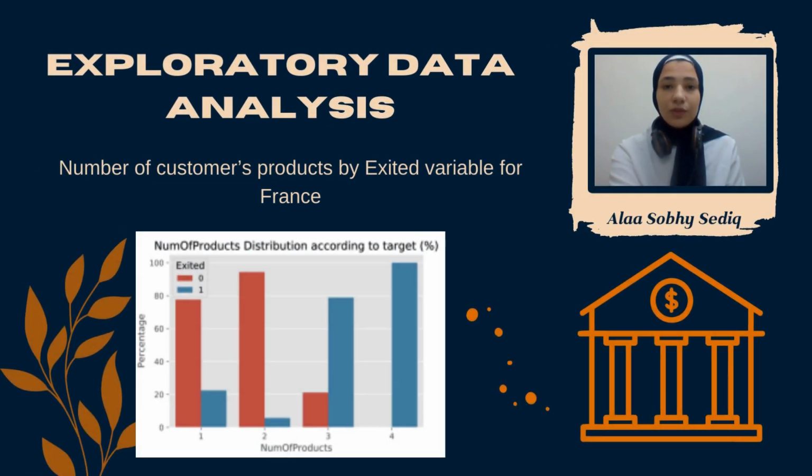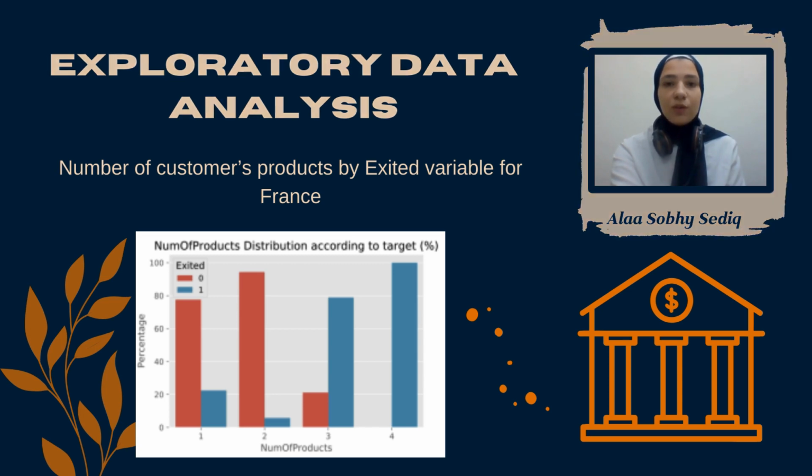The clustered bar chart portrays the distribution of the number of products customers hold according to whether they have churned or not. The blue bars at each number of products represent the percentage of churned customers at this specific product number. We can observe that customers with a large number of products tend to churn more than those who have fewer products. For example, we can see that 100% of customers with 4 products have churned. This might happen because of large fees and commissions for additional banking products or services, which forces customers to look for better offers from other competitors.